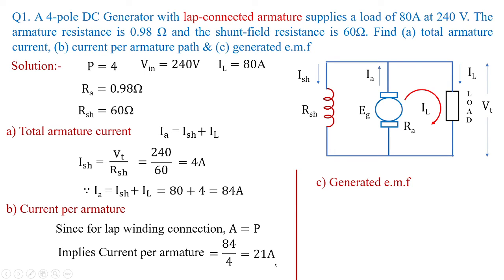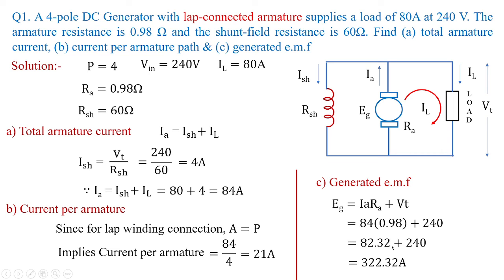Then the generated EMF is given as Eg is equal to Ia Ra plus Vt. What is Ia? We got 84. What is Ra? That is 0.98. What is Vt? Vt is 240. So here we are taking the value of terminal voltage as 240. Keep that in mind. And this gives us the value of generated voltage, which will be equivalent to